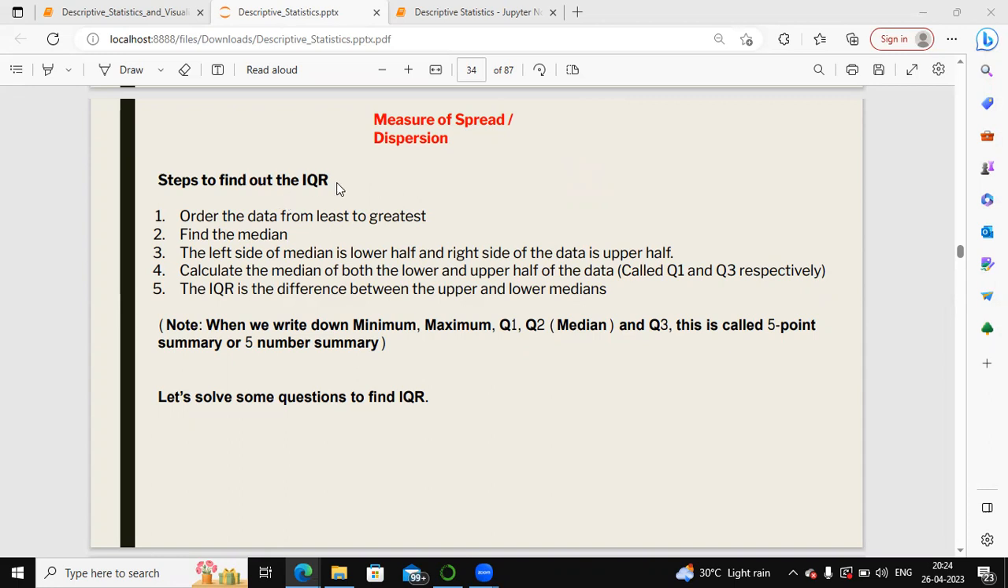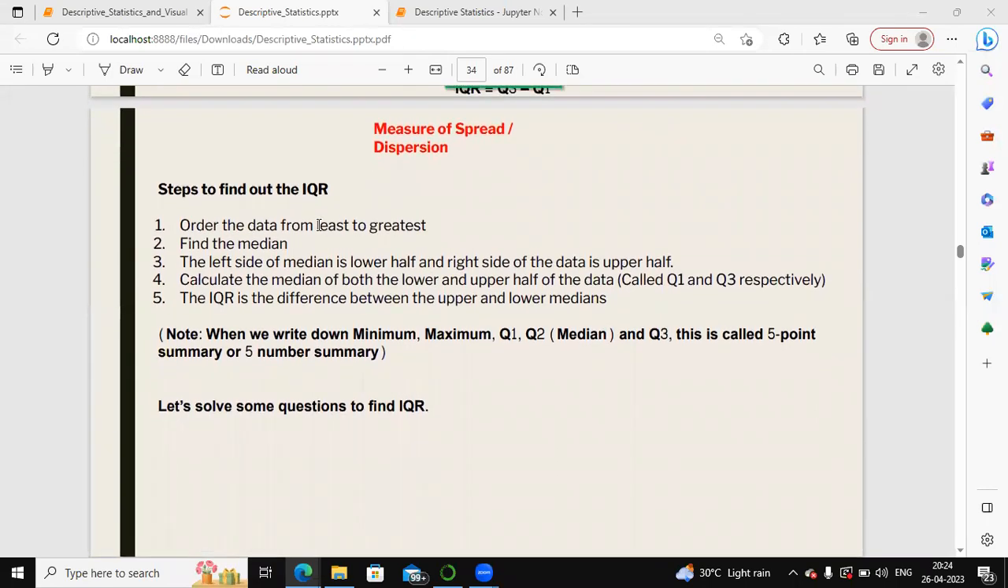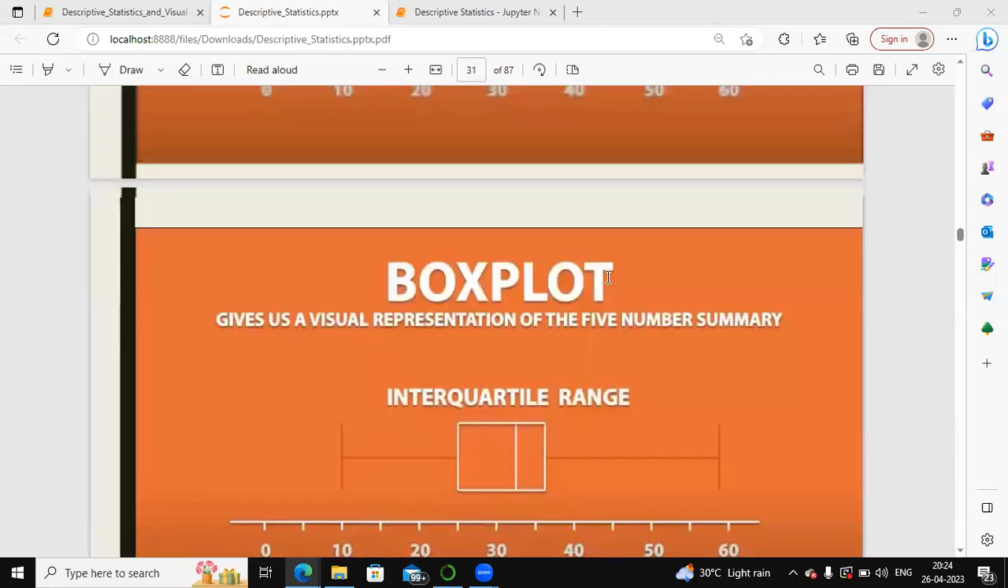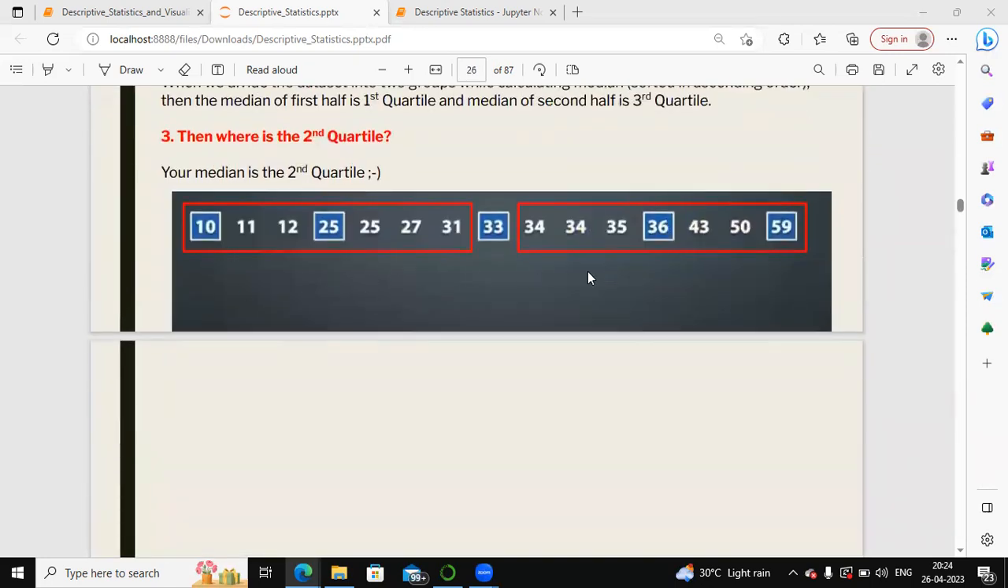What you have to do is order the data from least to greatest first. Then find the median for that. Then the left side of the median is called the lower half, and the right side of the data is called the upper half. So here is the box plot. Let me show. So first you order it and then find the median, and the left side is called the lower half and the right side is called the upper half. Okay,